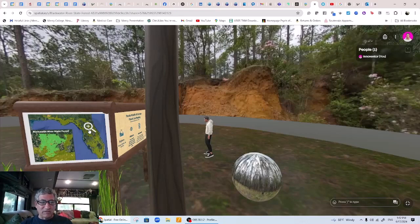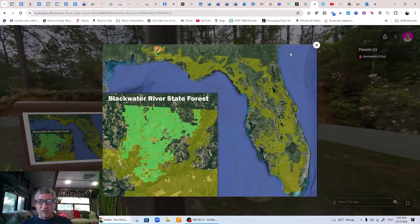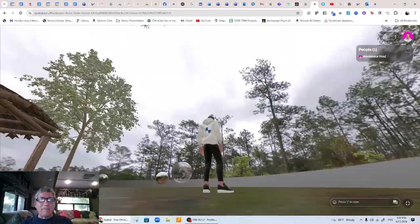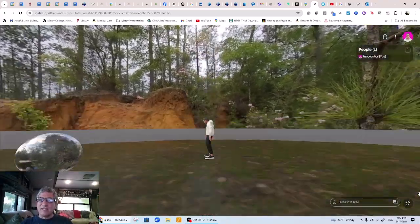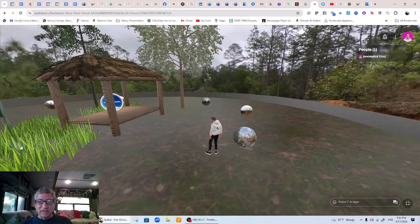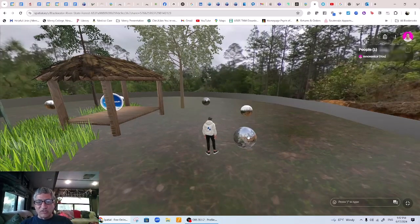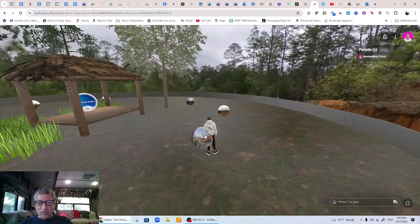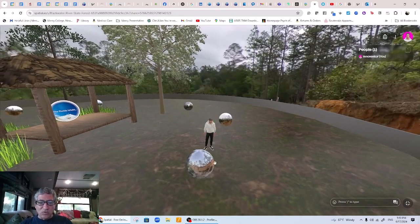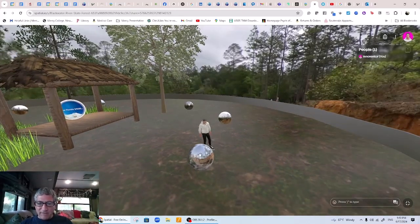As you can see, let me click on it again. We're way up here in this part of the state to the northwest. And this is a skybox around it that was taken by travelers there, and we have several of them around the landscape. An advanced user can click on this, and it is not a portal. These are actually skyboxes, and when you interact with them, and I think that this is now closed to interaction,